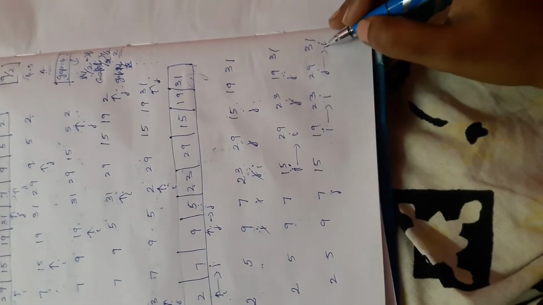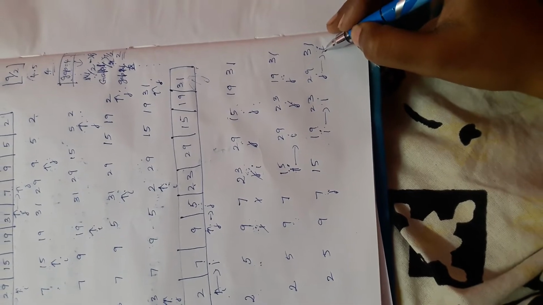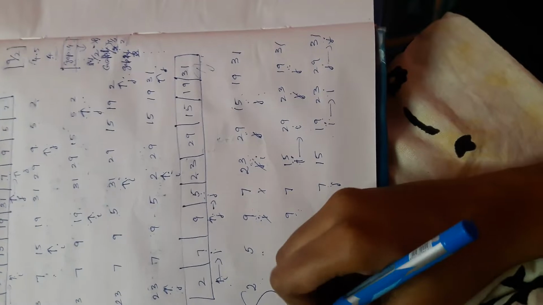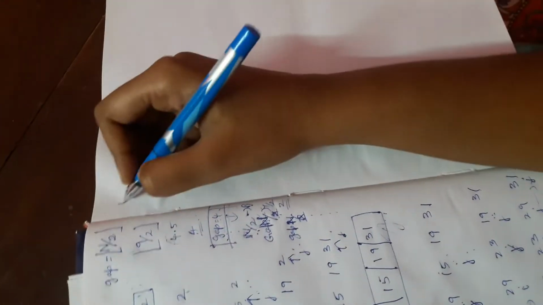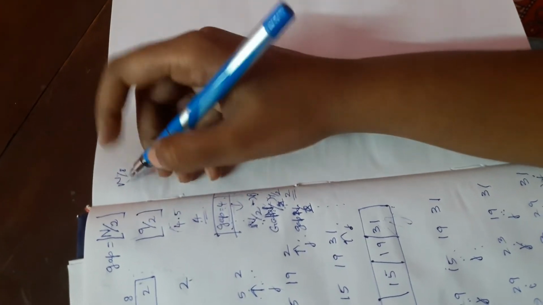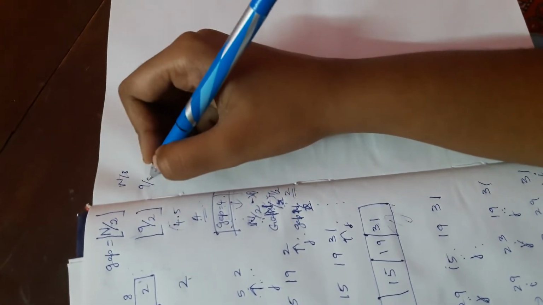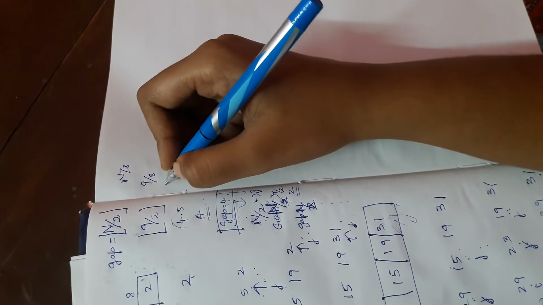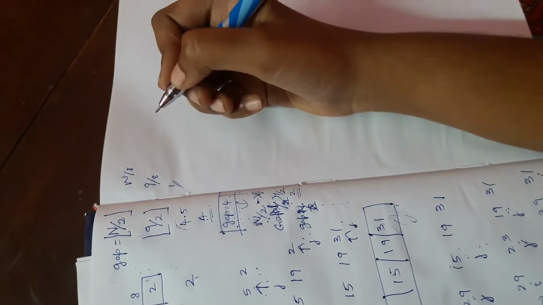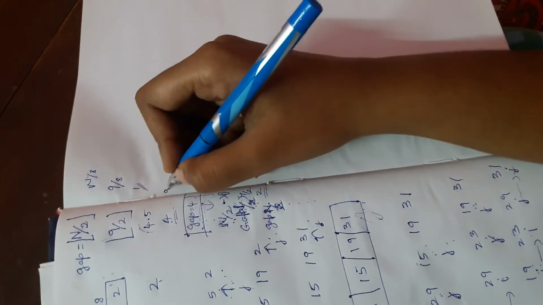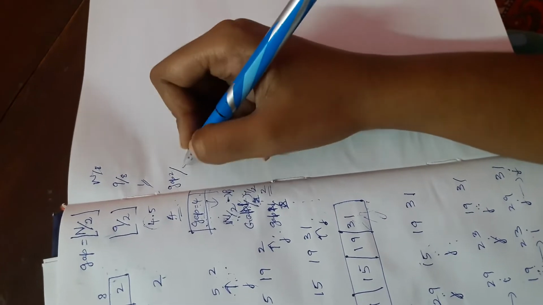Okay, so j has reached the end of the array. So this is pass 2, and pass 2 is over. So next, pass 3, what I have to do is n divided by 8. What will be there? 9 divided by 8 means only one value will be remaining. Okay, that is the gap of 2 divided by 2.